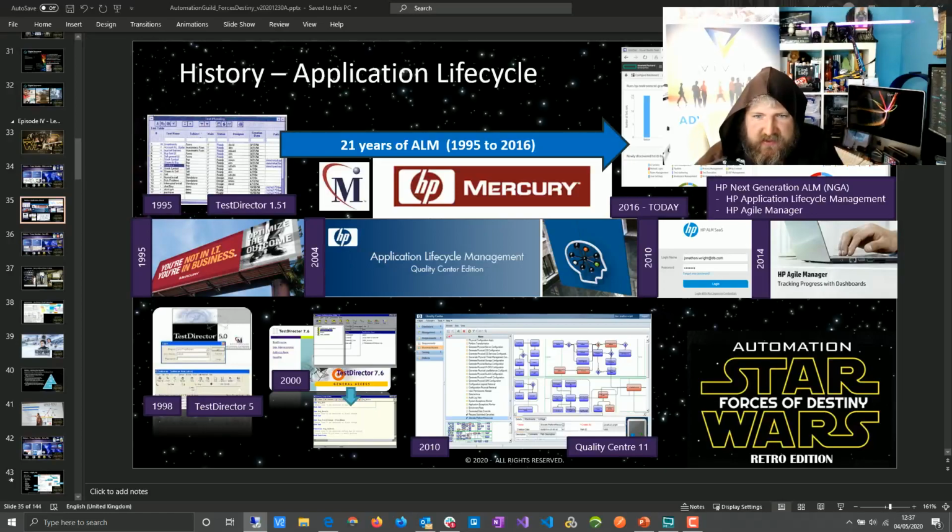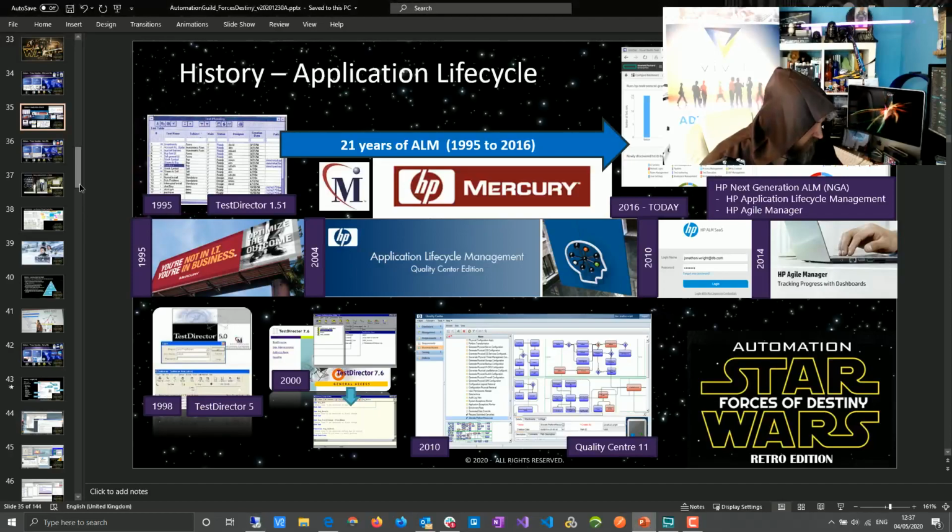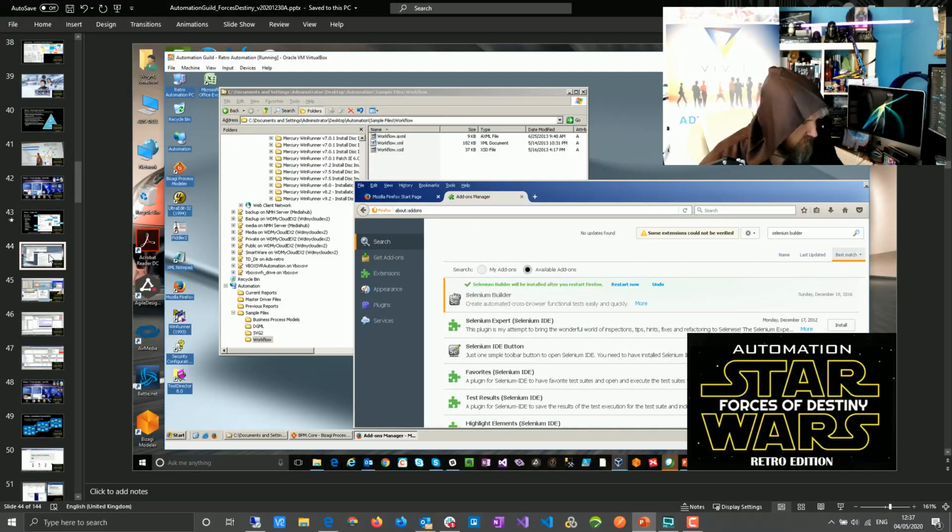But there's been multiple iterations of tooling. So since I started in the 90s, obviously things look very different. Some of the bonus material which didn't get included is that I started with the WinRunner and XRunner platforms. So in this Automation Guild presentation, you'll see that I install a version of WinRunner 9.2 onto an old version of XP and show you how, in theory, you could automate the stuff that we're automating today using the